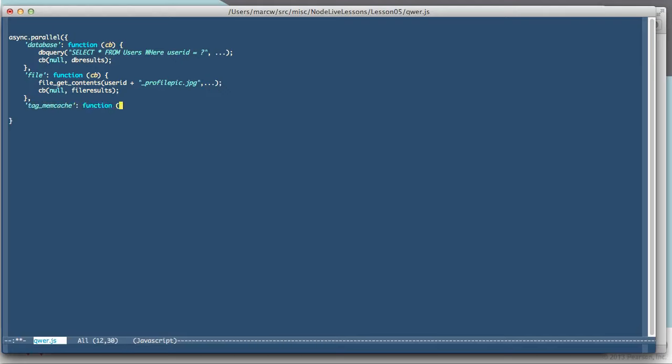And then that can also be a function that does memcache get tag cloud for the user ID or something like that. And again, null cache results. So these functions will all execute in parallel, and now the cool thing is that, we're done with this object. So now our results function that all of our async code will have,